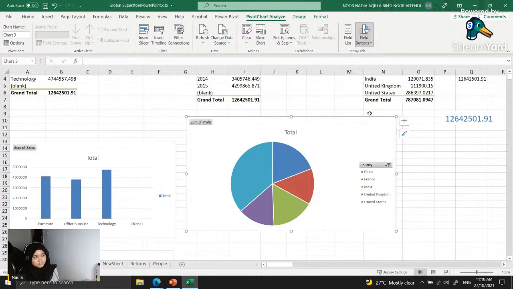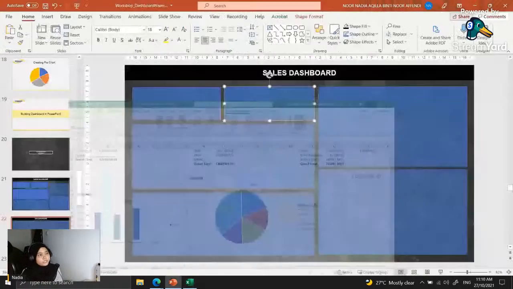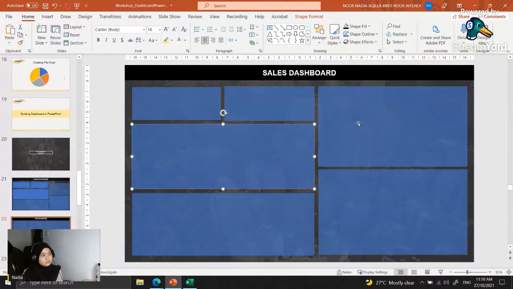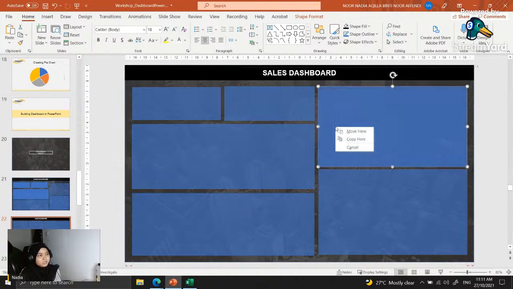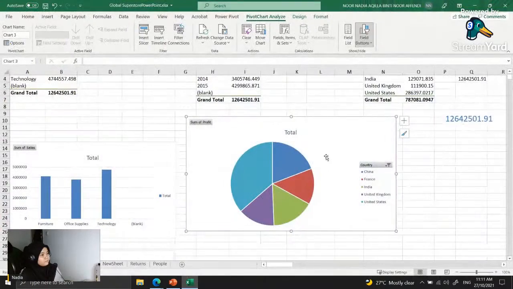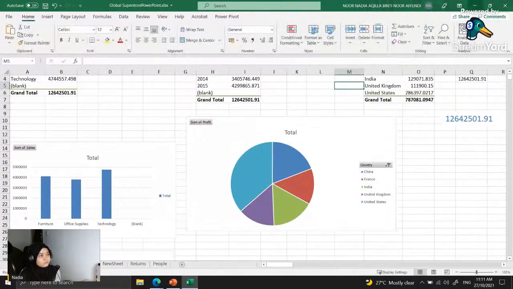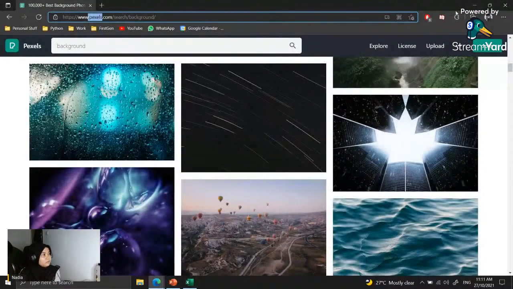Just copy first, Control C or right click copy also can. Okay, on the PowerPoint,